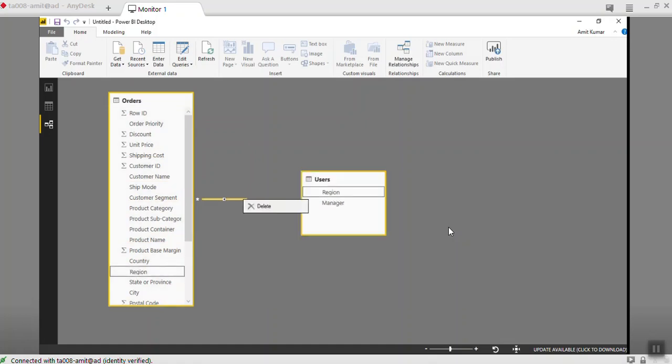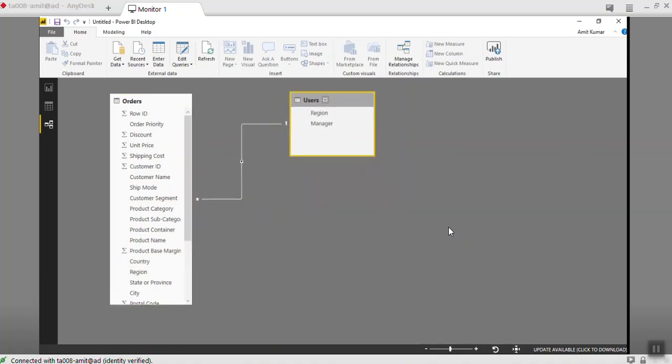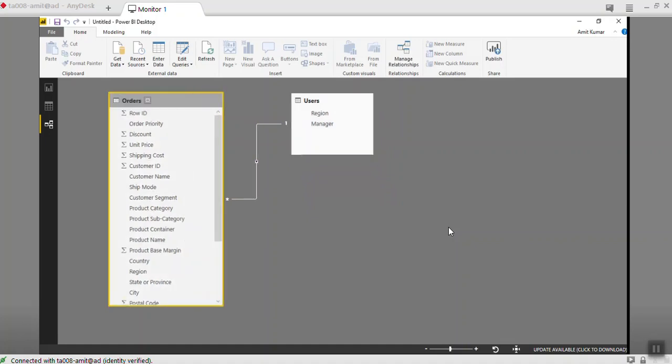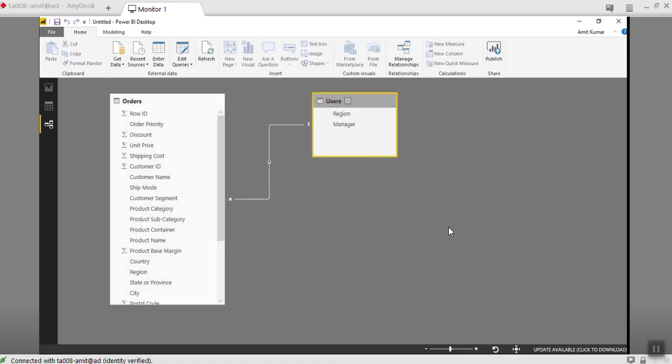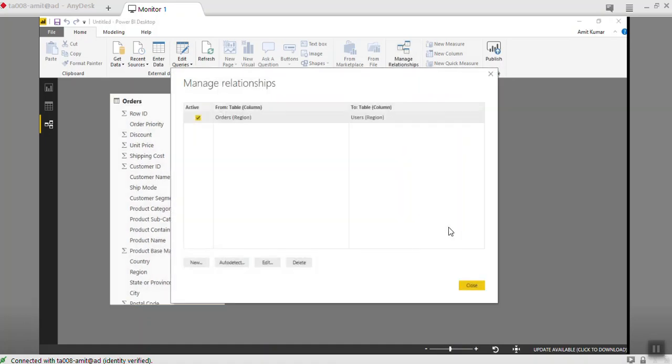So what happened to that second file, the returned file? That is not loaded on the UI side. We have moved to the UI report side of the tool, and we have disabled the load on the report part. That is the reason only two files are visible. If you go to manage relationships, then you can see. This is the manage relationships option.